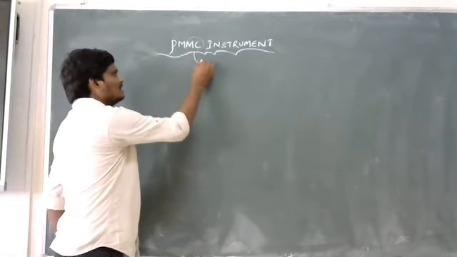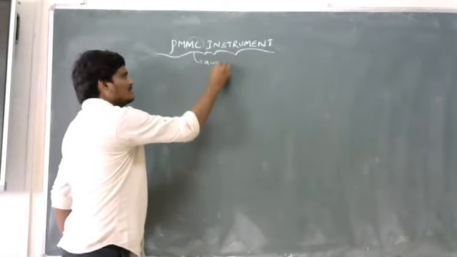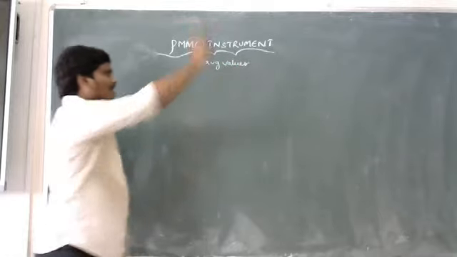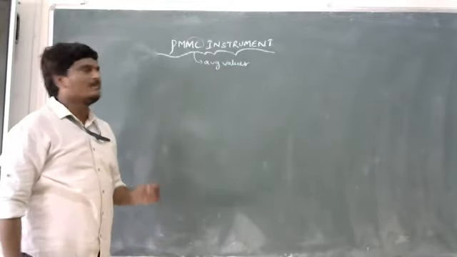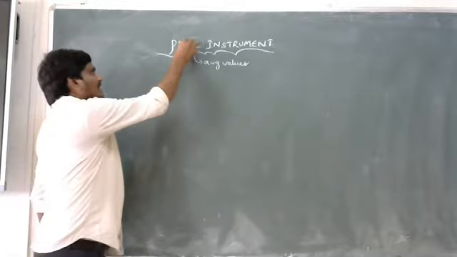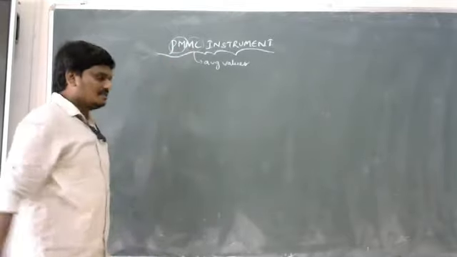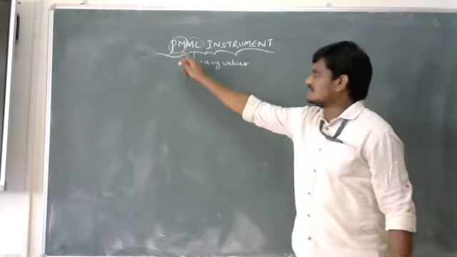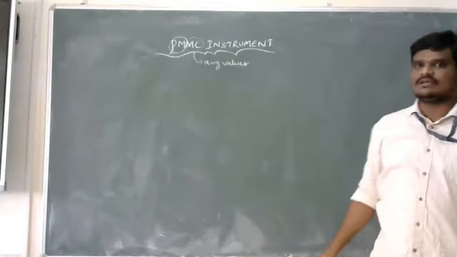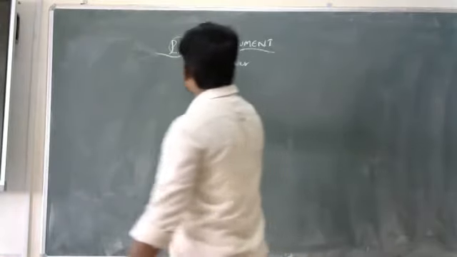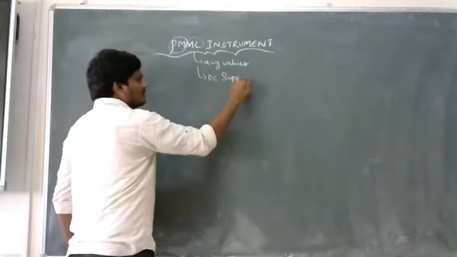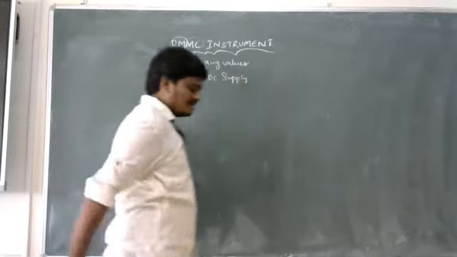DC values are nothing but the average values. The PMMC instrument is specially designed to read or calculate only the average values of a particular quantity. As we are using a permanent magnet in this instrument to produce a magnetic field, it is called a permanent magnet moving coil instrument, and it is used only for DC supply.